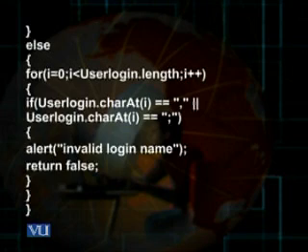Here you should apply the concept behind the for loops. I have taught you this concept before, but let's have a look at it again. You know, there are 3 statements in the for loop in the small bracket, and there is one condition. For i equal to 0, the initialization, I keep i equals 0. This is my first statement. And then i is less than userLogin.length, and I want this loop to continue until the value of i is less than the value of userLogin.length.